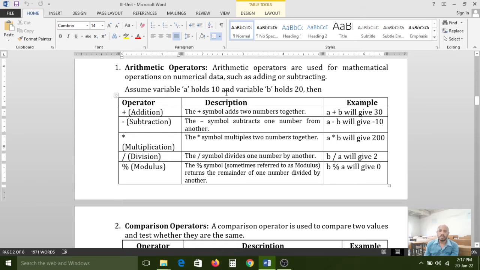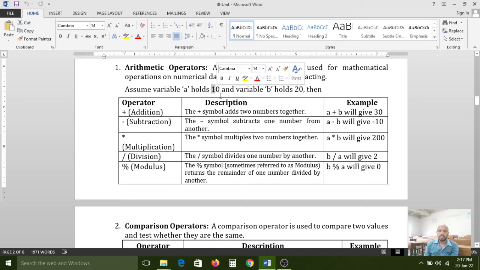Carefully observe. If A holds 10 and B holds 20, then A's value becomes 10 and B's value becomes 20. A plus B is an arithmetic operator, with A value 10 and B value 20.